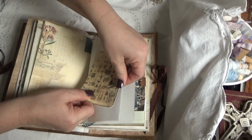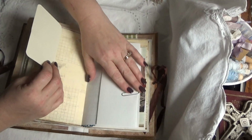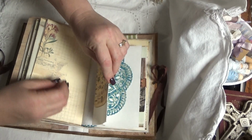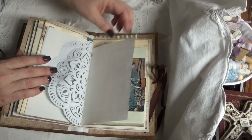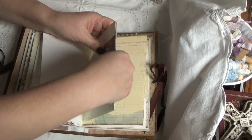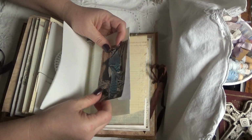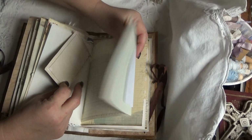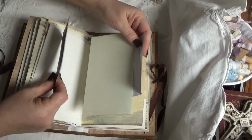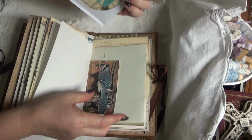This is one from the kit, I just put on this fold out, this one folds out. So there's more room there. And this is just an image from one of my bird books that I have. All kinds of like Audubon and different bird books. So pull this one out, and on the back here